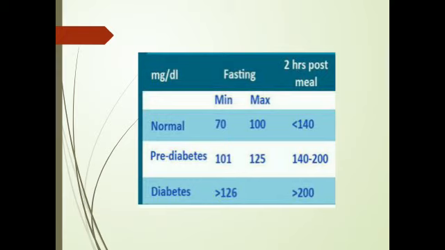The venous blood glucose tends to be lower than that of capillary blood glucose because of the tissue extraction of the glucose. Similarly, the whole blood glucose will be less than that of the plasma or the serum glucose because of the higher water content in the plasma or the serum.